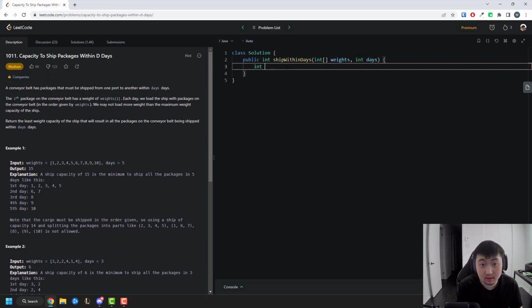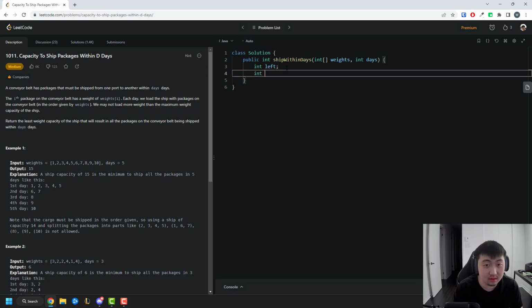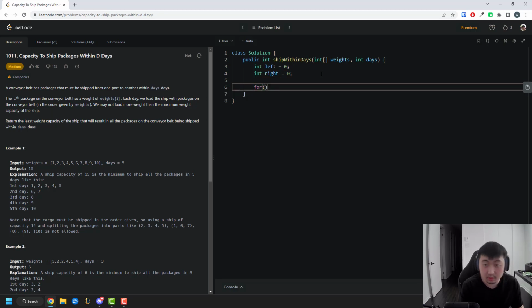So I guess call it left of your binary search. I'll just set it to nothing for now, and the right would be the max. So I guess I'll set it to 0 and it'll change, and then the right would be the sum of everything. So also 0, and I'll just be adding on top of that. So I'm looping through every weight. So for each weight